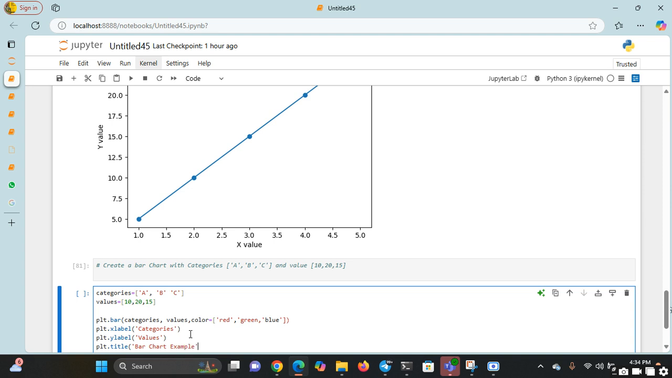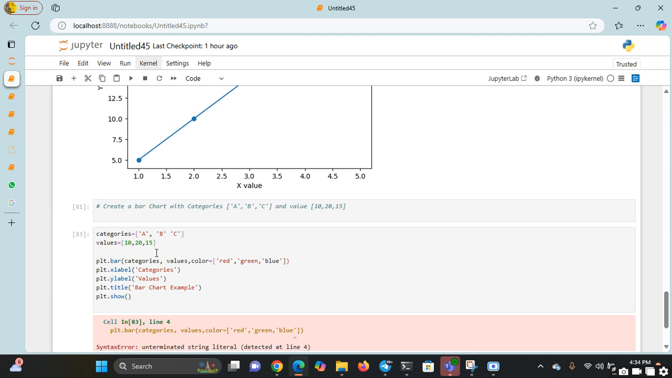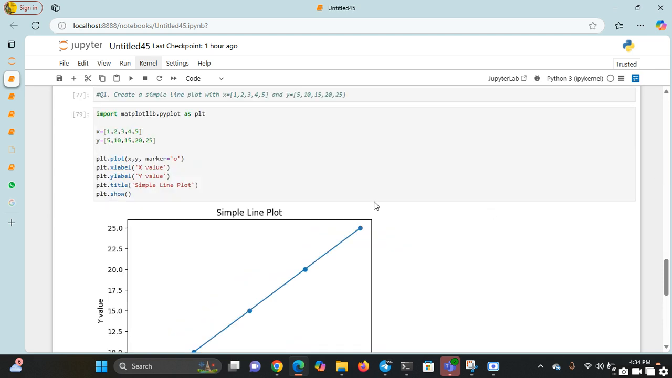So yeah, so now let's plot it out. plt dot show, open bracket. plt dot show, open bracket. So I forgot to import